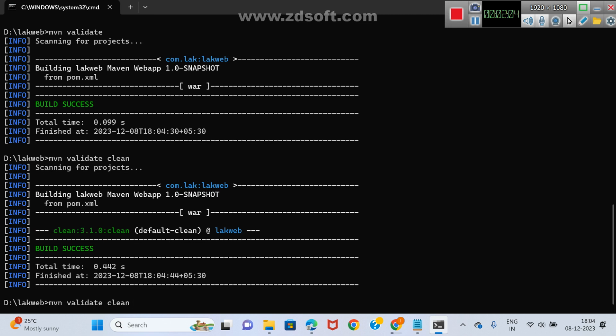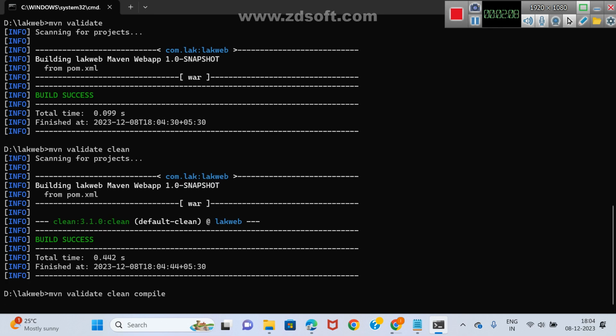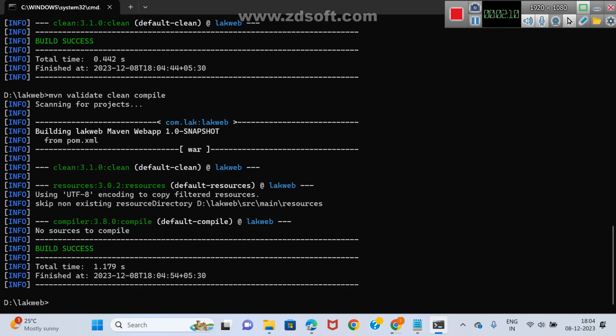What is the third goal? Please respond. Compile. Validate, compile. Even I'm applying compile also. We are very happy because first validation happens, then cleaning happens, then compilation is automatically done. You may ask me, sir, you applied compilation, how can I know really whether it is compiled or not? Tree slash f. If you got somewhere dot class,